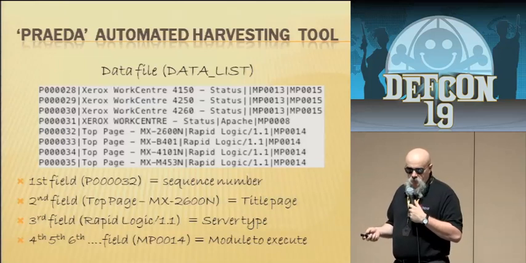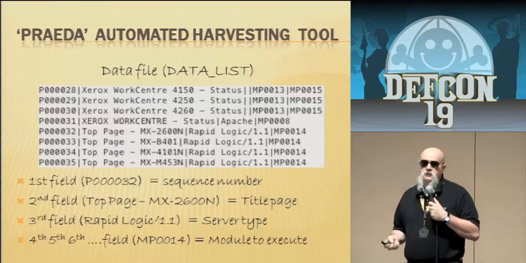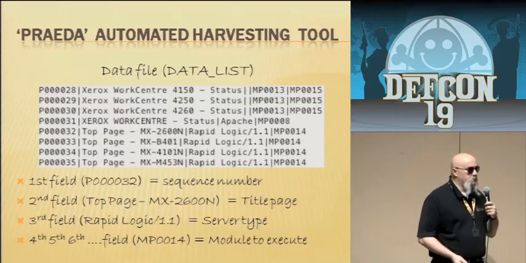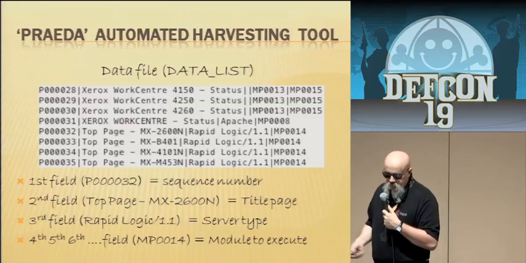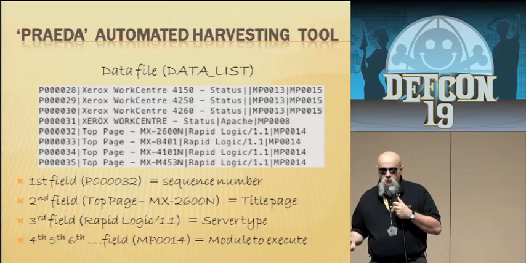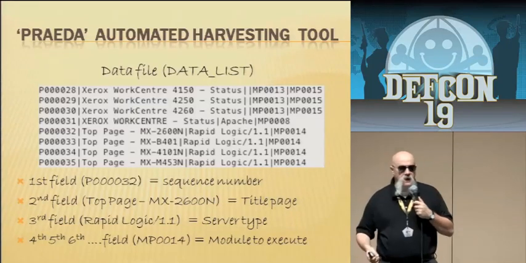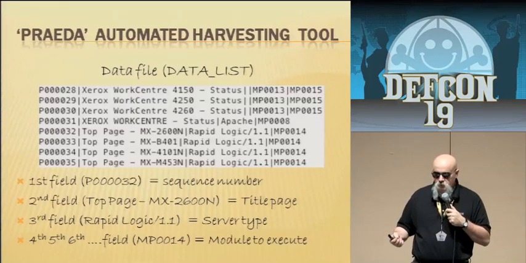The third field looks at the server type. And that works probably about 85% of the time on fingerprinting in specific models or model series. And then fields 4, 5, 6, and continuing out there, the actual modules that are actually used to launch the